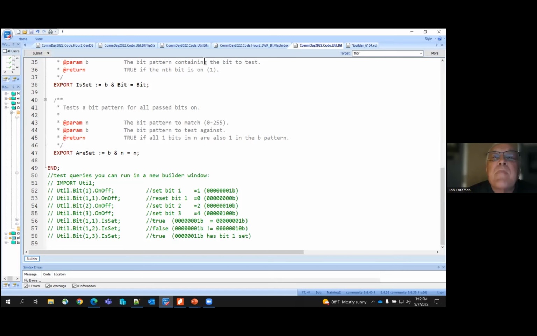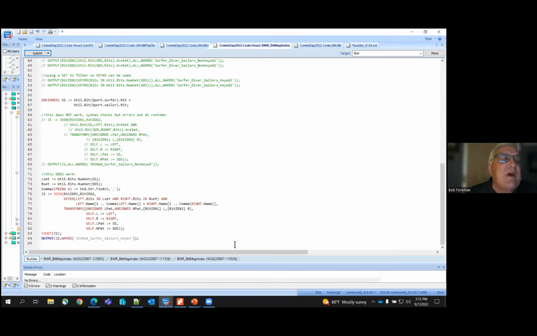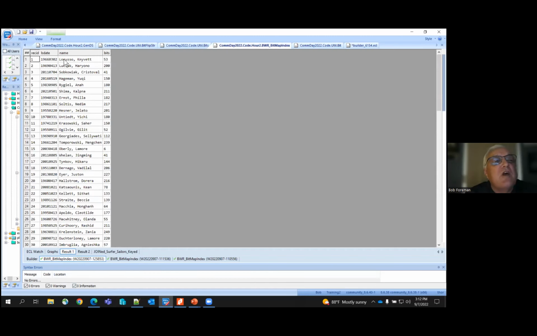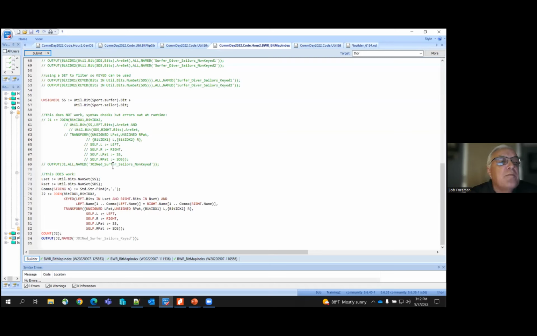All right. And so finally, he's got an example here called bitmap index, which I thought was brilliant. Again, kudos to the author. This was really cool stuff. And he's talking about, well, what happens? And he actually got this idea from a user that emailed him, and he said, oh, you know what? Let's dive into this and let's get this done. So he has a bitmap here that he creates. Let me just show you what that looks like. There it is. He's got his gen data, and he's added an additional field here called bits. And now he's going to enumerate into that